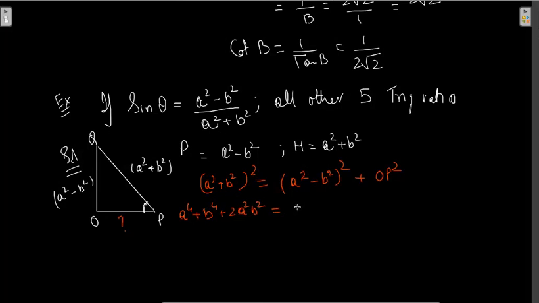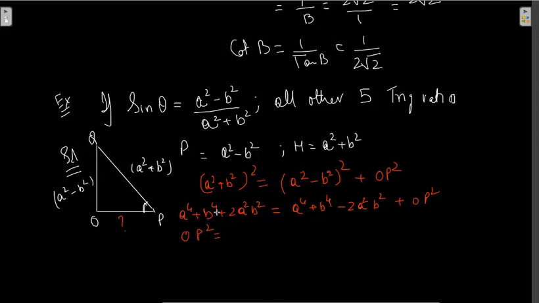Here it becomes a raised to the power 4 plus b raised to the power 4 minus 2 a square b square, which makes it a4 plus b4 minus 2 a square b square, plus OP square, and which makes OP square equal to,